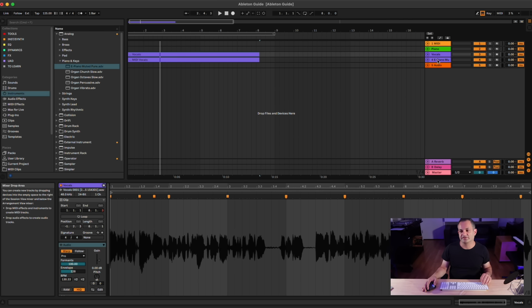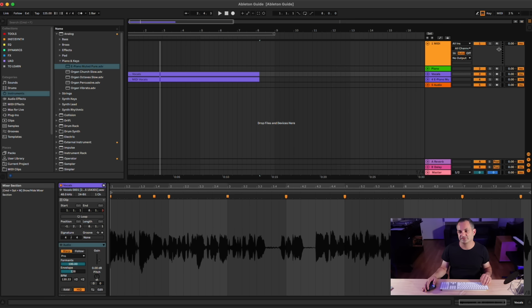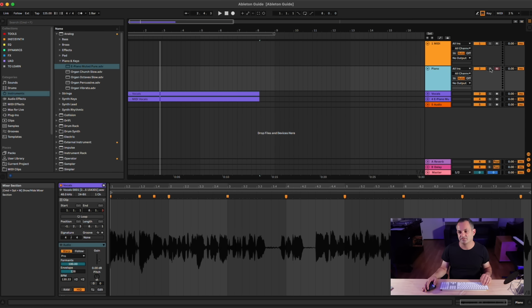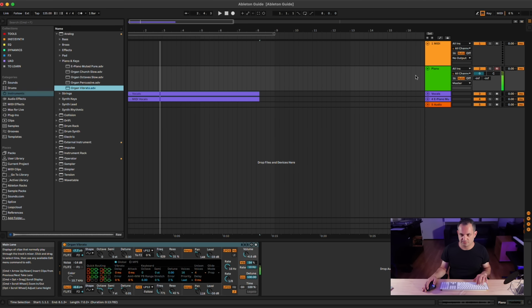Now let's talk about MIDI tracks. So we're going to go up here to this MIDI track, and we'll use this piano one. Let's put on this organ vibrato, and just because I want this to be beginner, I want to use all Ableton plugins and instruments. I have a keyboard down here, but I'll go ahead and use my computer keyboard just to make it simple. So as you can see, if I now record,